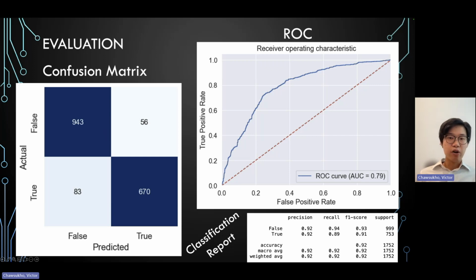And for the ROC curve, the area under the curve, even though it is lower than the train model,